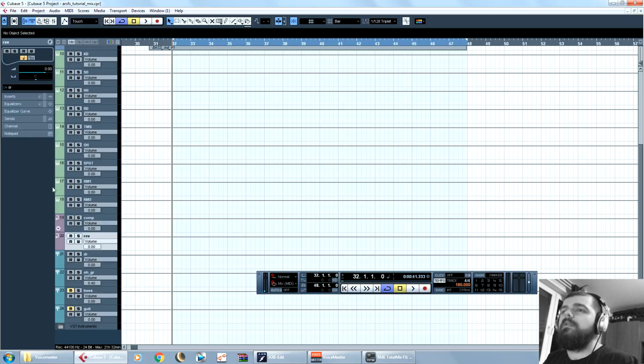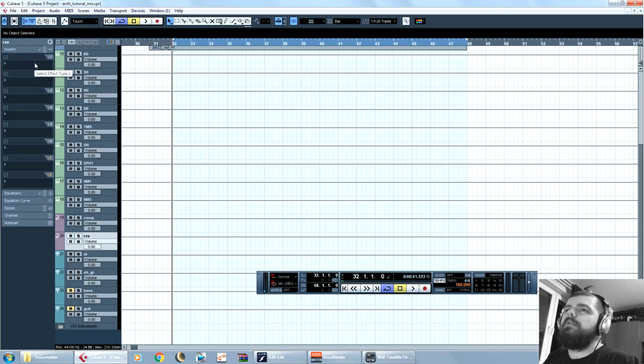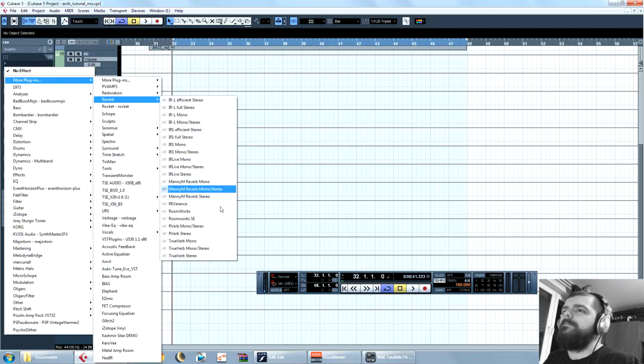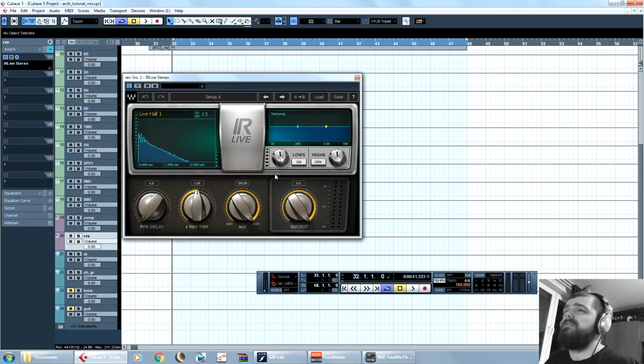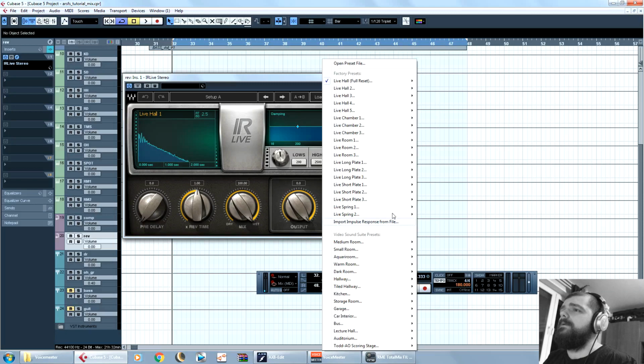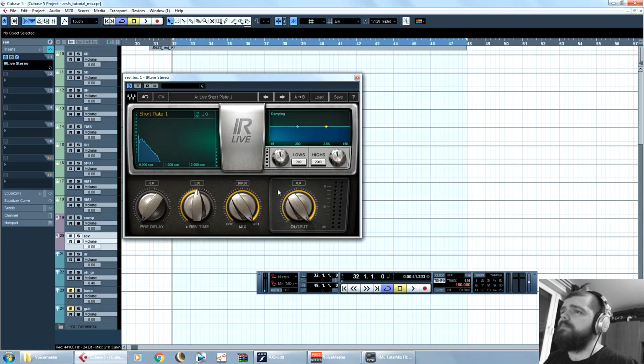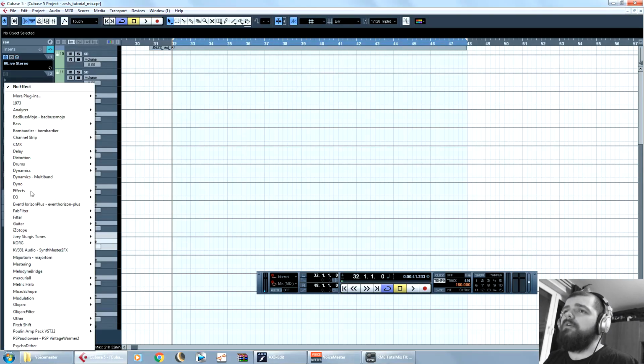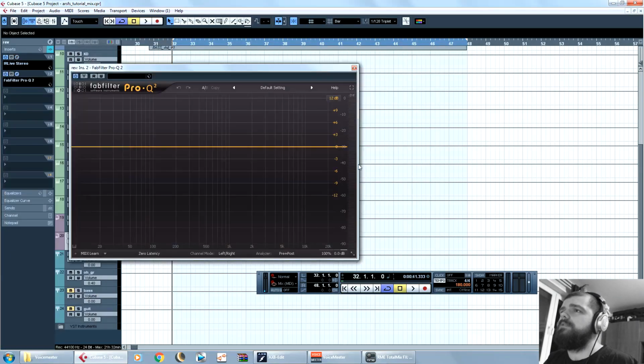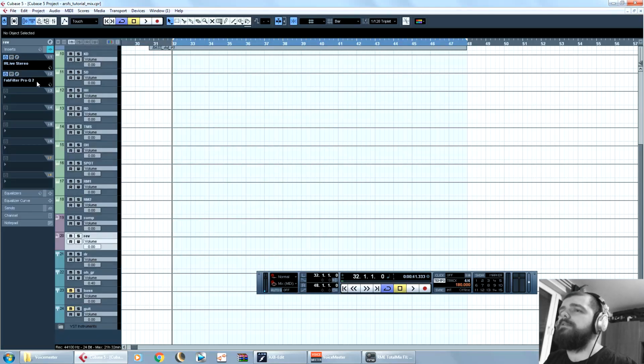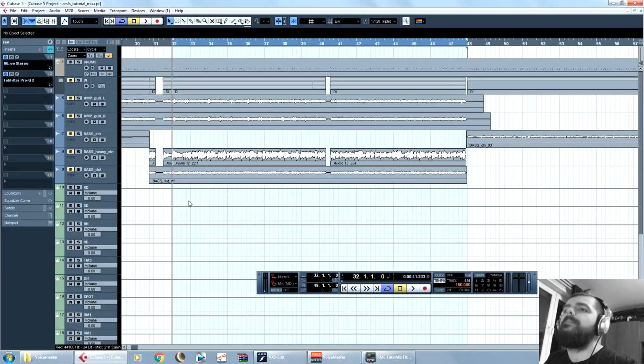do it later. With the reverb, lately I started using the IR Live thing from Waves. They have this short plate, live short plate 1. Really like how it sounds on drums. Pretty much just maybe making the reverb time a little more, just a little, and I'll be filtering stuff from it later when we start to use it. So I'm just putting an equalizer here just so that it's there. Okay,